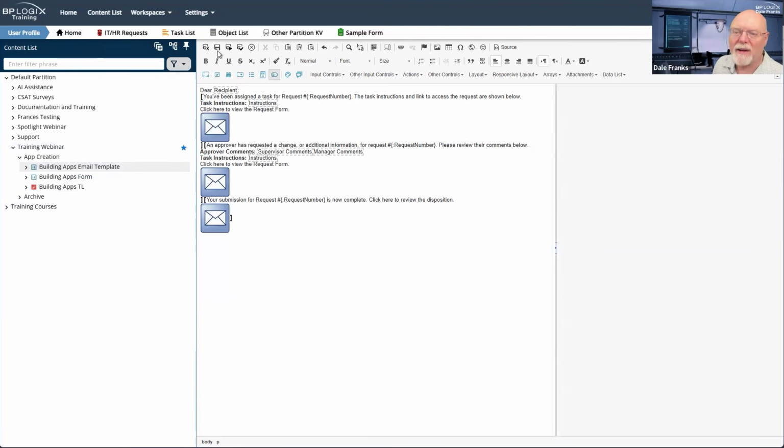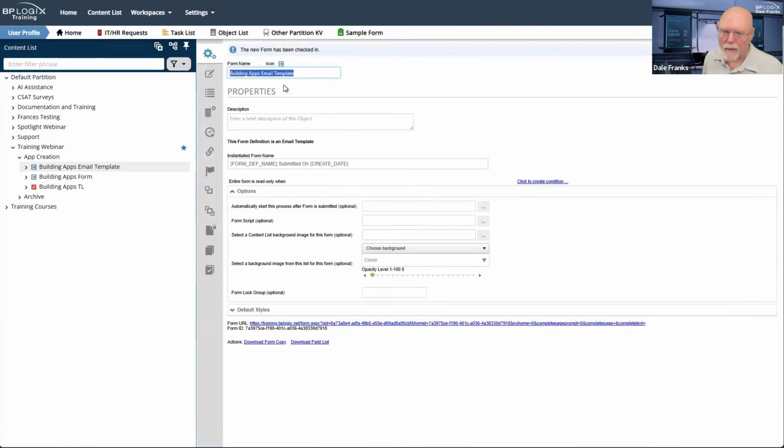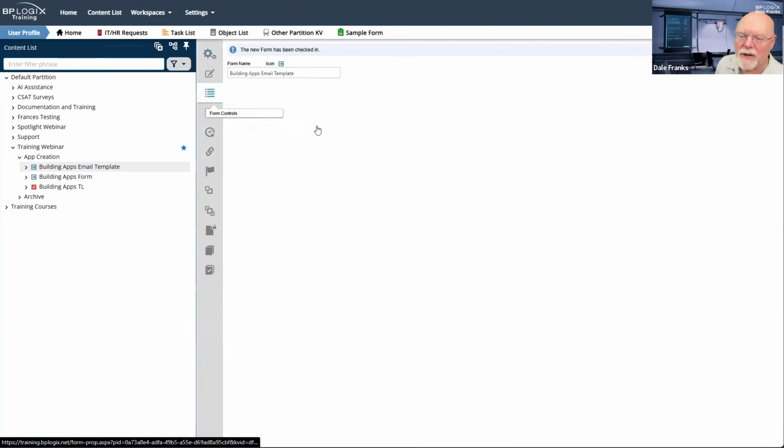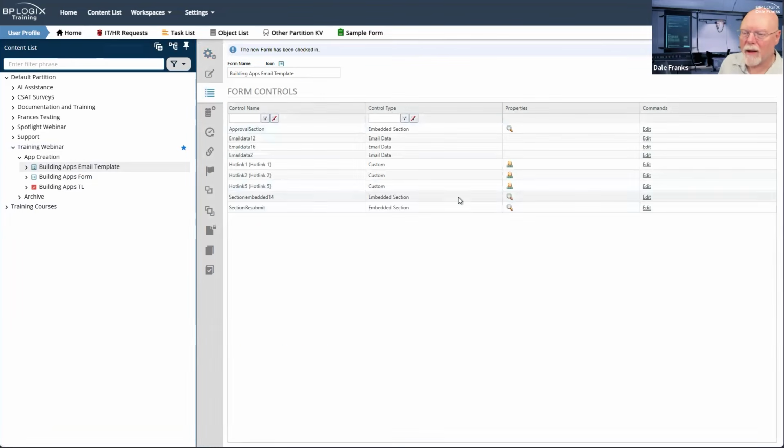And in fact, it'd probably be easier to see if we can just compare these on the form controls tab of the definition here. Okay, so we've got my email data controls. That's not what I care about. I care about my section controls. I called it approval section ultimately. Okay, well, here's something cool.